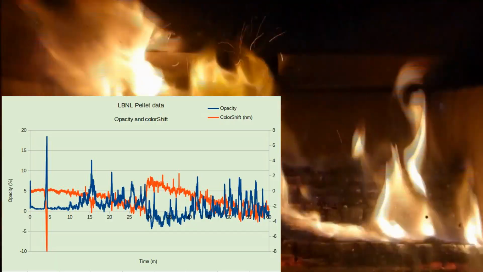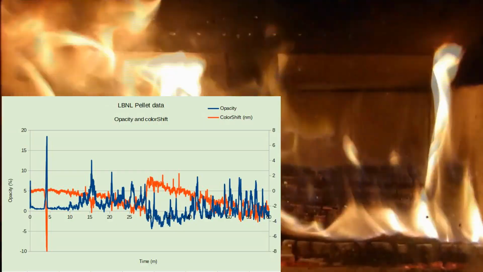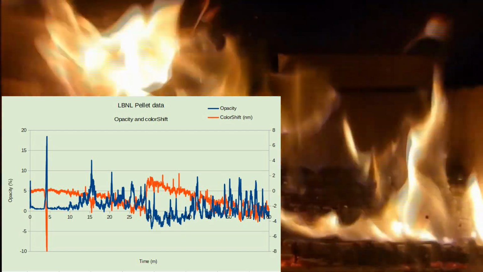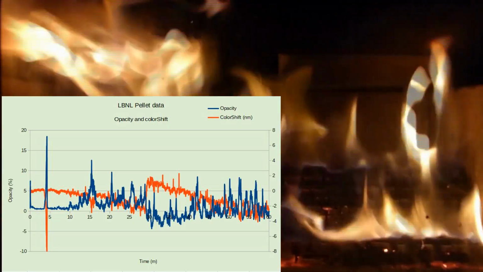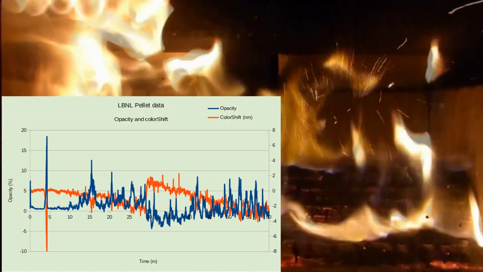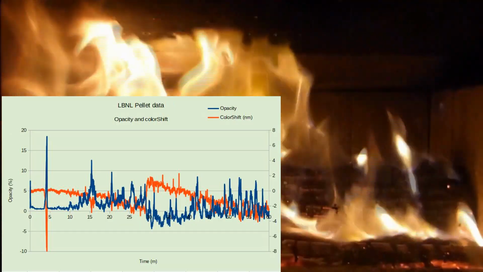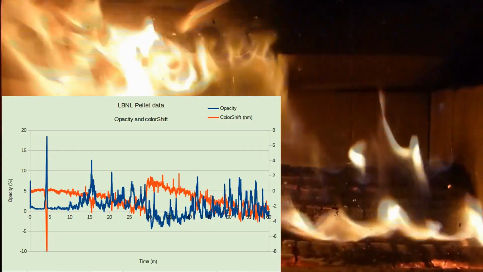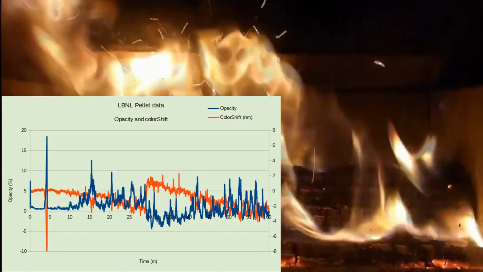Sometimes it does shift to the blue, but the peaks generally go up. What I see in the data is that when it goes into the ember phase, we get a negative or blue color shift and a very low opacity. So there are different types of data coming in different ways, and when we look at the opacity together with the color shift, we get a clearer picture